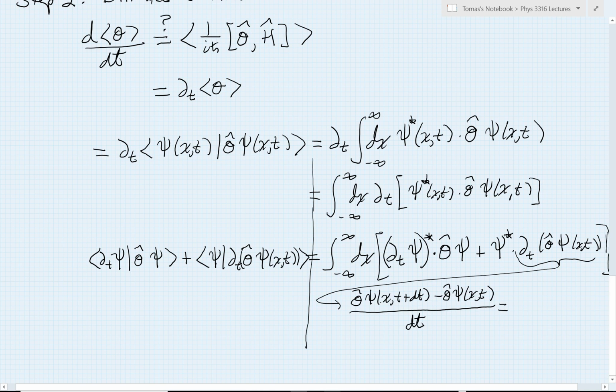And if you have any doubts on that, just remember some of our example operators, right? For the position representation, x hat, that is just multiplication by the number x. And since multiplication by x obeys the distributive property, then certainly the operator will also obey this nice property that I'm talking about. The derivative operator, which is closely tied, of course, to the momentum operator, which is just h bar on i times the derivative with respect to x, also has the property that the derivative of a sum is the sum